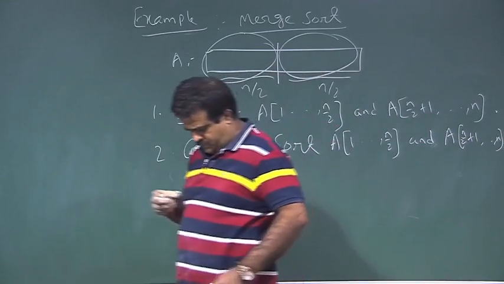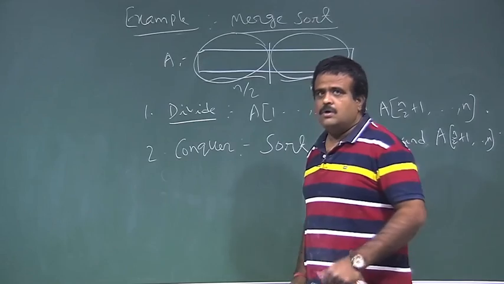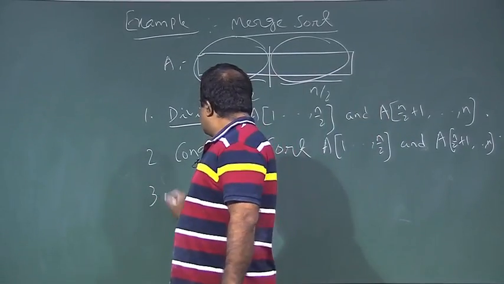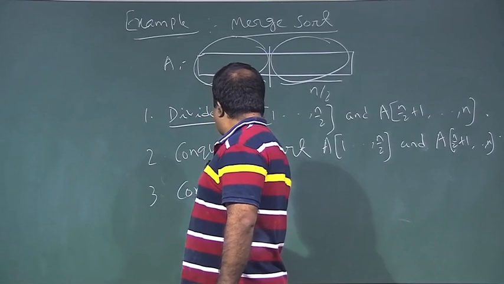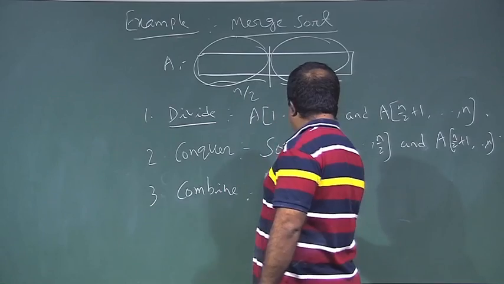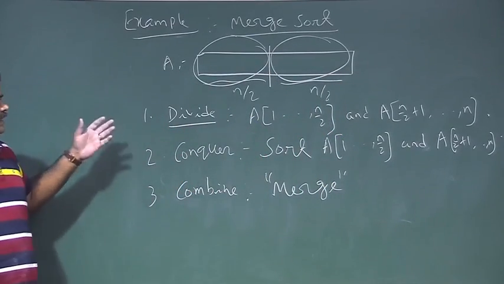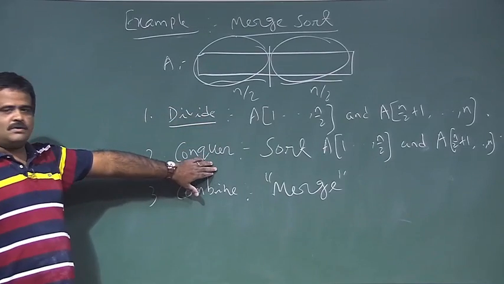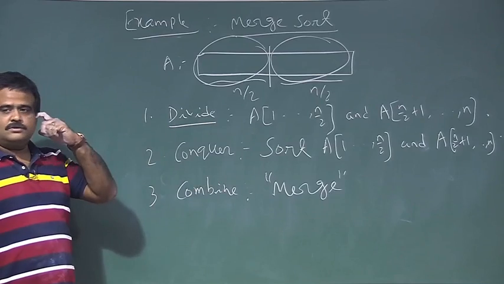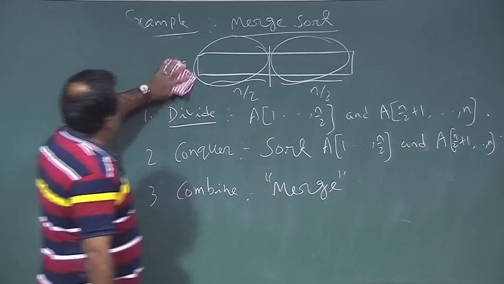Now, once we have two sorted arrays, this is the combine step, we call the merge subroutine to get a sorted array. So we have two sorted arrays after this conquer step, then we call the merge subroutine to get a sorted array. So this is merge sort, and we know the recurrence is basically